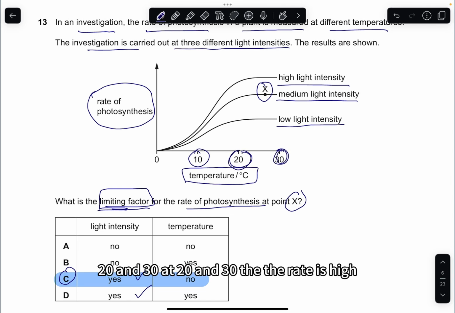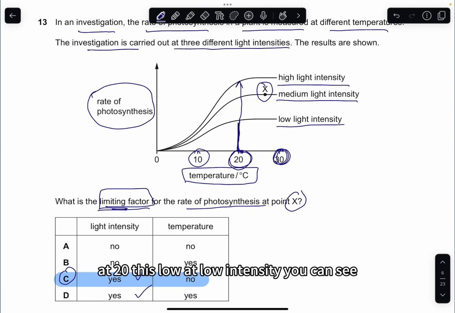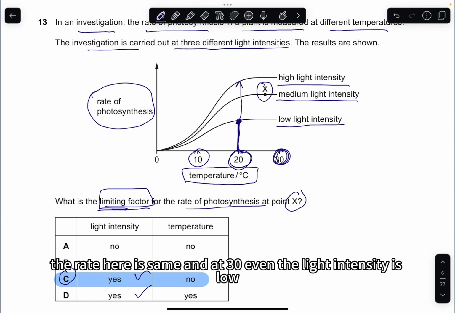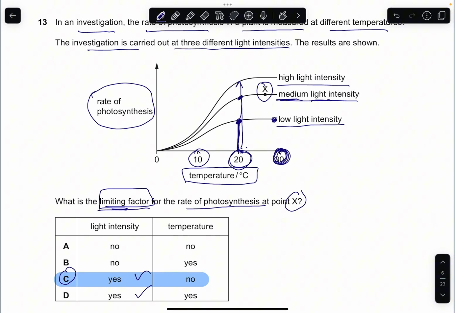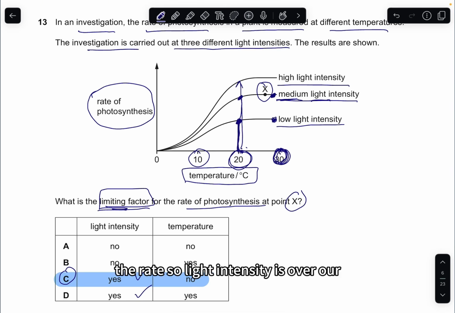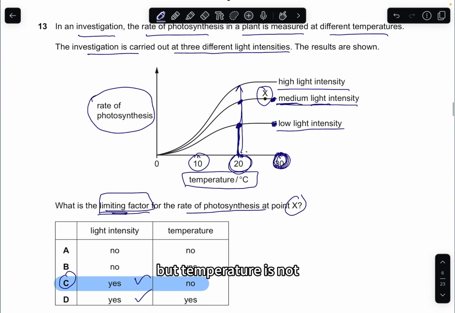At 20 and 30, the rate is high. At 20, at low intensity, you can see the rate here is the same. At 30, even though the light intensity is low, the rate is still the same. If you see the low and medium light intensity, the rate at 20 here is high, but at 30 degrees the rate is still the same. So light intensity is our limiting factor, but temperature is not,